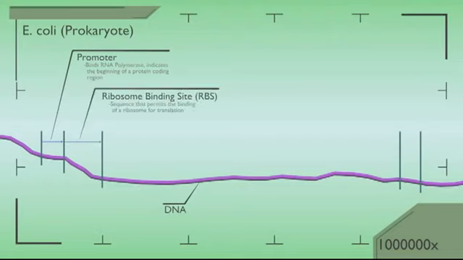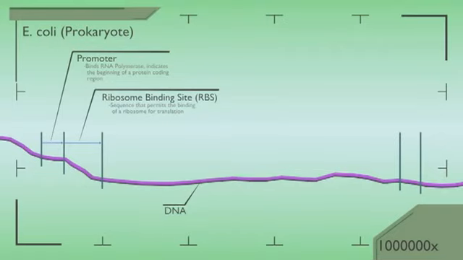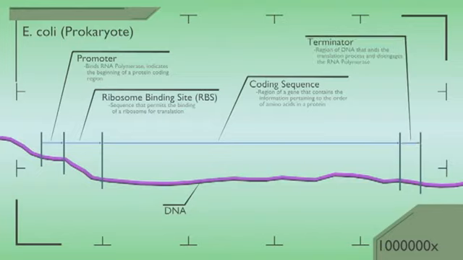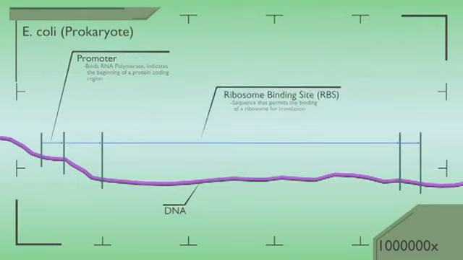Next we see the ribosome binding site. This component is translated and allows the ribosome to bind to the mRNA and read it. The coding sequence does as its name suggests. It possesses all of the information about the sequence of the amino acids in the protein. Finally, there is a terminator sequence that stops the RNA transcription process and essentially ends the mRNA. All of this is needed to get information from DNA to mRNA and have the mRNA formatted for being translated